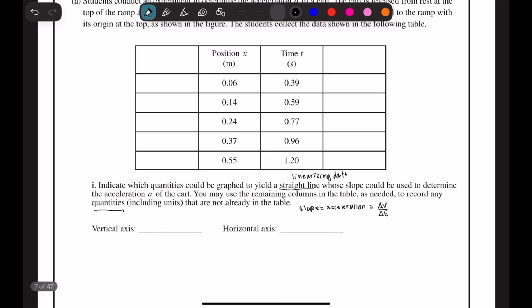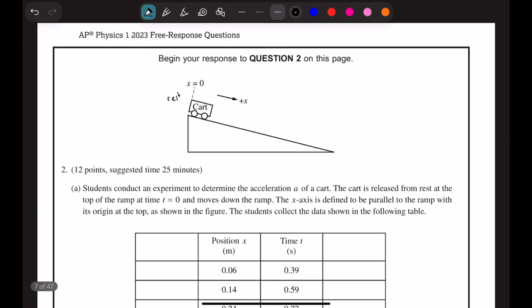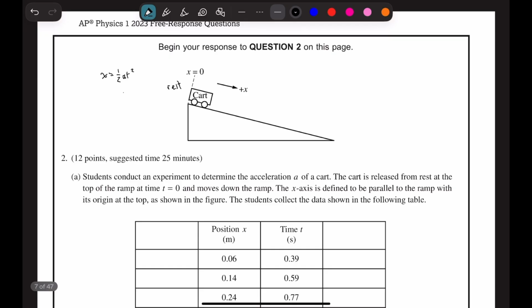And we know that up here we wrote that the cart starts at rest, right? So that means we can use x equals 1/2 a t squared. And this is going to be linear if we plot as our y-axis x, our displacement,